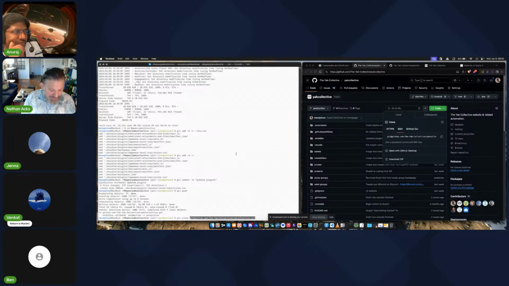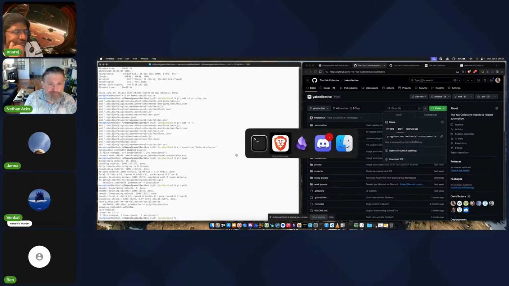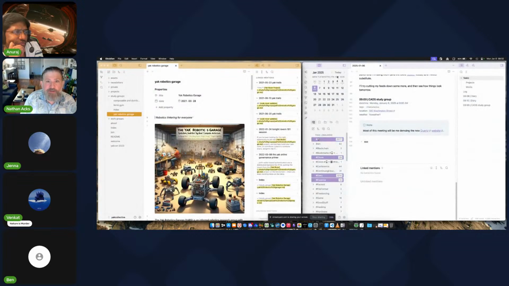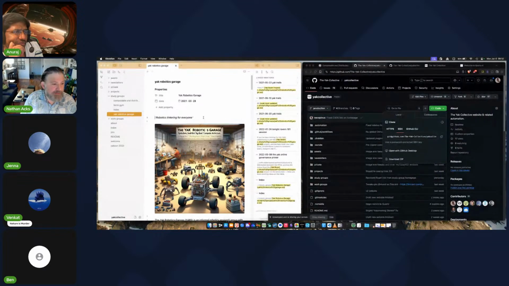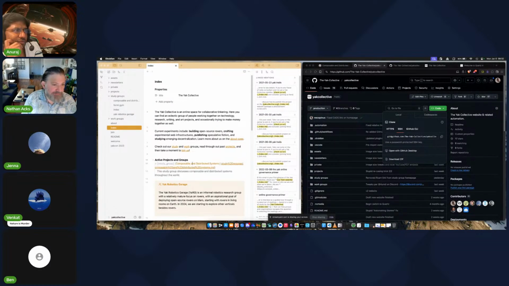I don't need to do that because I've already got it. I do need to pull it. I made a change, so let me do a git pull to bring down that change. I can switch over to Obsidian here and take a look. We can see, if I look down, there's that change I made right here.